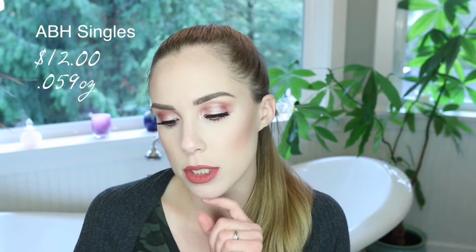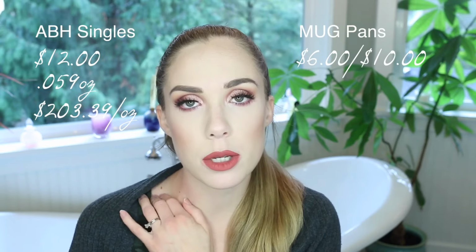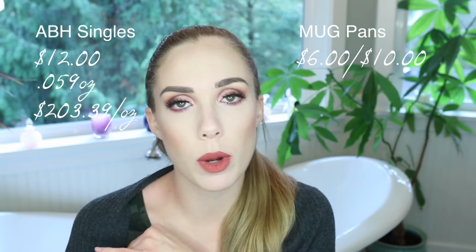So I did a little value breakdown just because mostly my gripe with the Anastasia single eyeshadows is that they're overpriced. I think their formula is fine, but the Anastasia single eyeshadows are $12 each, and in each pan you get 0.059 ounces. That equals $239.39 an ounce, okay? So the Makeup Geek, their shadows are $6 to $10 depending on whether you get the regular formula or the foiled formula,